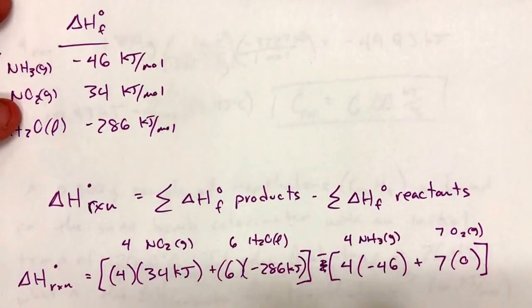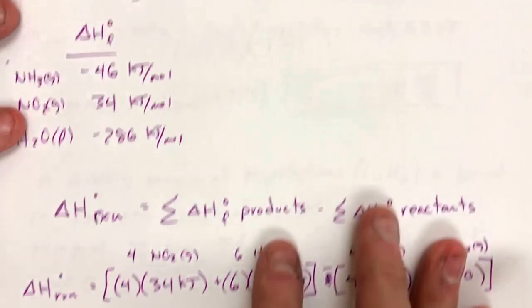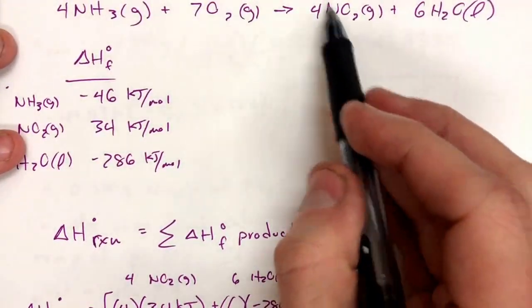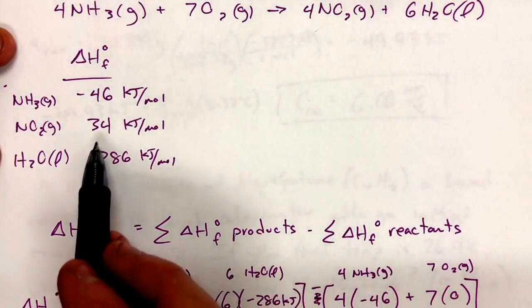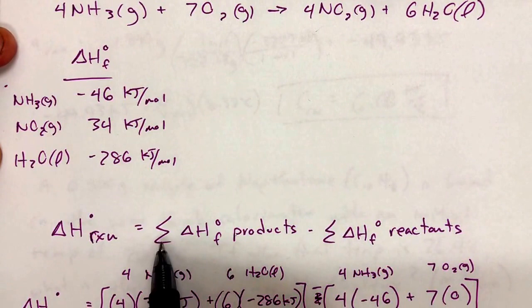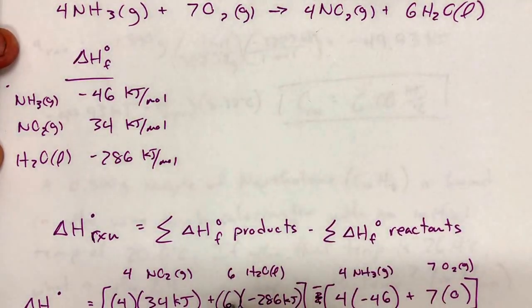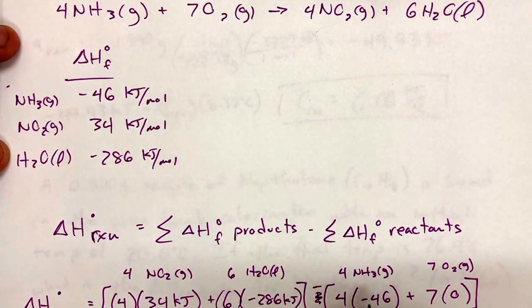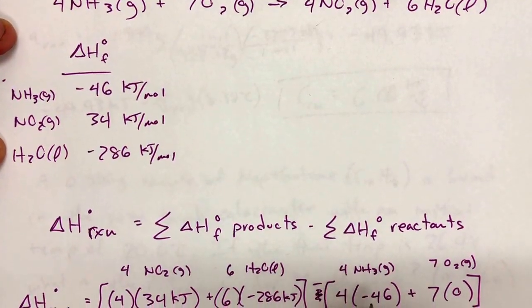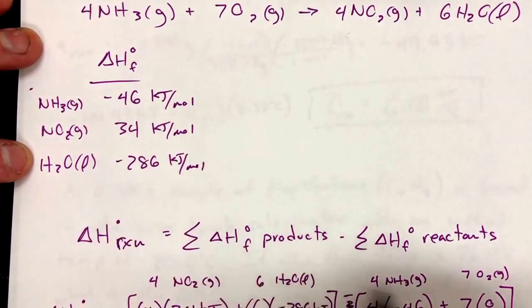So, like this, delta H for the reaction is equal to 4NO2, because that is one of the products. That is the product up here, 4NO2. So we multiply 4 times the standard heat of formation for NO2, plus, because this is the sum, 6 water liquids here. So 6 times the standard heat of formation for water liquid, so that goes there, minus, because it's a minus, the sum of the standard heats of formation for the reactants. So the first reactant is 4NH3, and so we do 4 times the standard heat of formation for NH3,